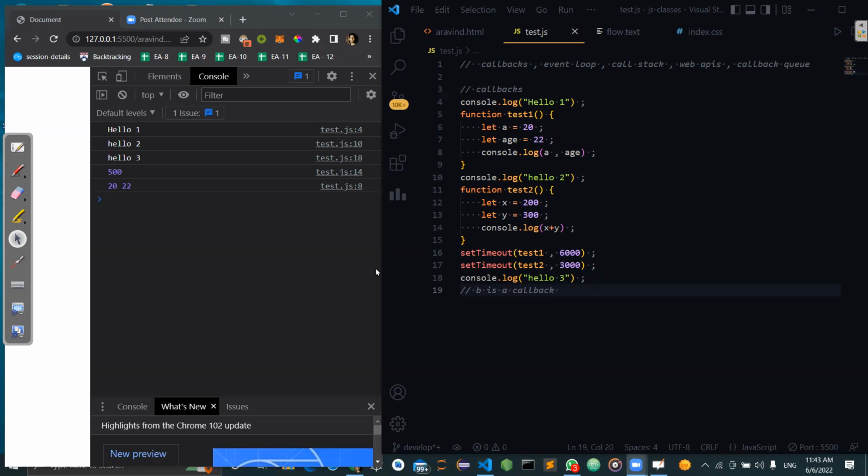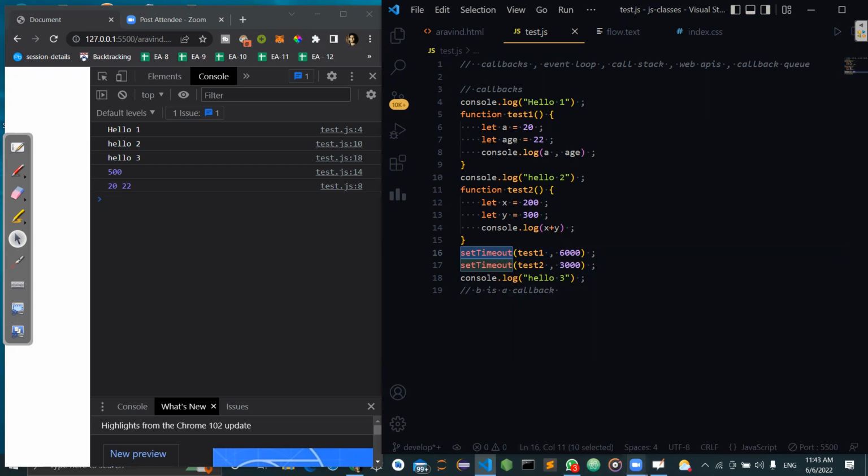Sir, if someone asks me what is a web API, what will I tell? See, setTimeout is a simple web API, which executes a particular function after whatever time we require. Simply, web API means there are some additional functionalities provided on the browser for JavaScript, which help us do something. Like if you want to fetch some data from a remote server, you have to use a web API called fetch API. And if you want to handle the,